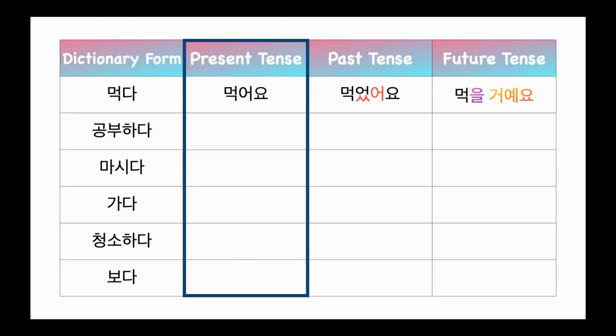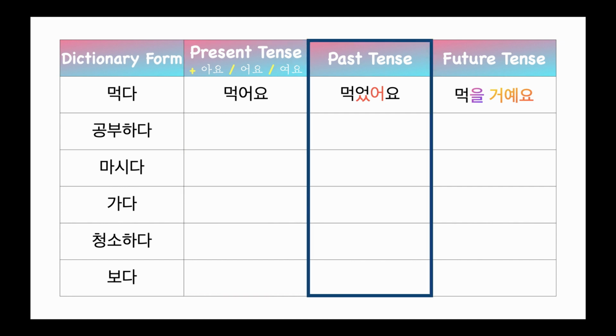So going back to our chart right here, the way that present tense is usually described in Korean grammar books is that you will drop 다, and then you are adding either 아요, 어요, or 여요. 여요 referring to 하다 verbs in which you are technically just adding 하 plus 여요, which tends to merge into 해요. So you could really just think of this as 해요. I've only got it written here like this because this is how you will usually find it in a grammar book. Moving on to the past tense rules,